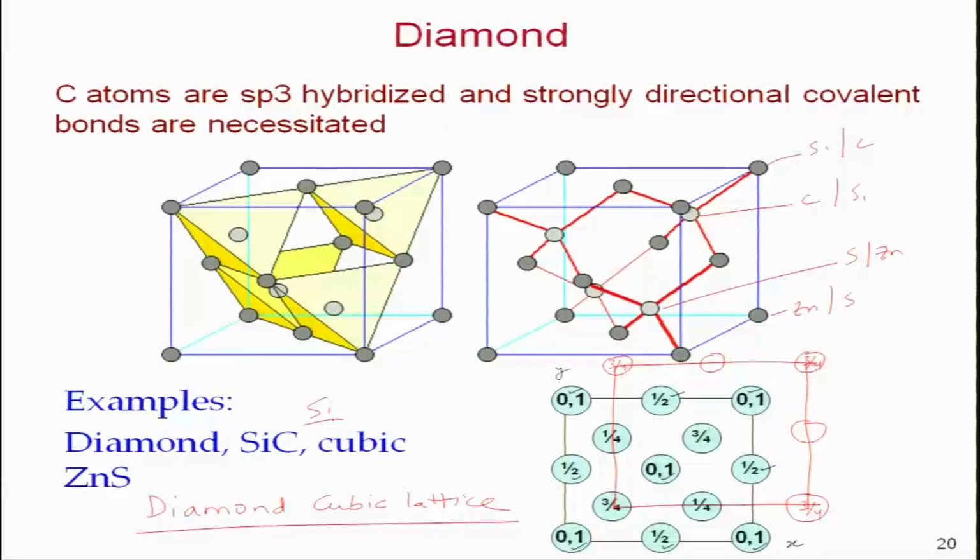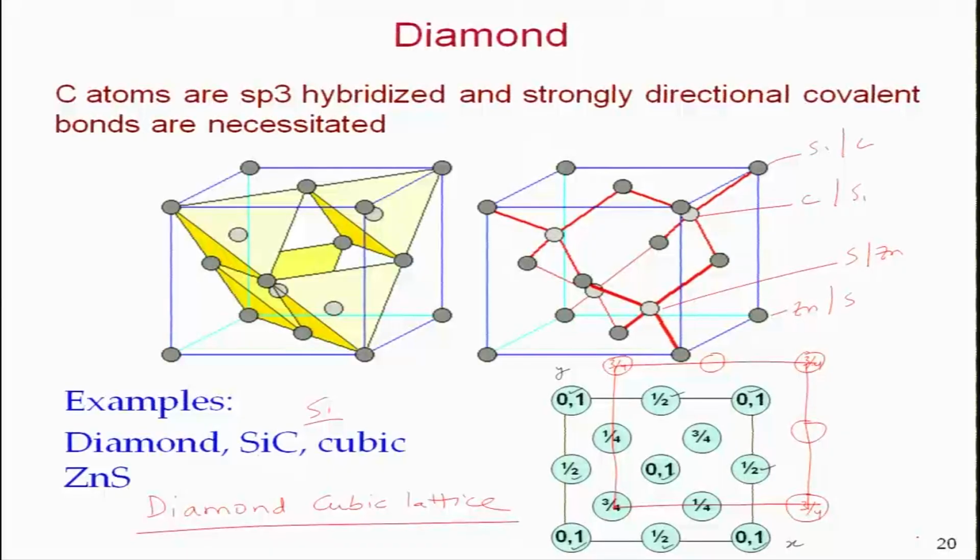You can calculate the packing fraction. You can see that the carbon atom is sitting at a tetrahedral site. Tetrahedral site size is 0.225 R, and you have the same size atom sitting there, which means the lattice has to dilate. So the lattice of silicon or carbon is bigger than what it would have been if there was no tetrahedral atom, okay. Of course that is not possible bonding wise, but imagine if carbon only made FCC lattice, then the packing fraction would be 0.74, but in this case packing fraction would be lower because you have to dilate the lattice. So you can calculate the packing fraction by yourself. Alright, this is the structure of